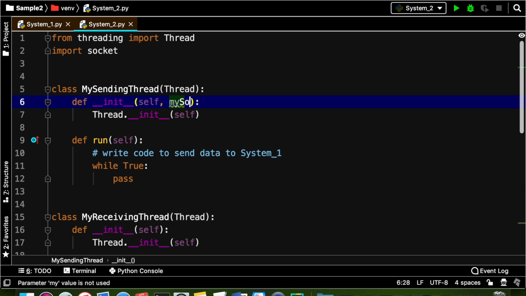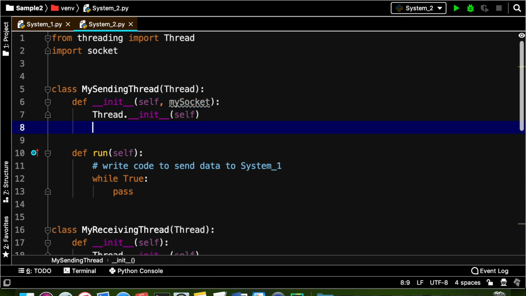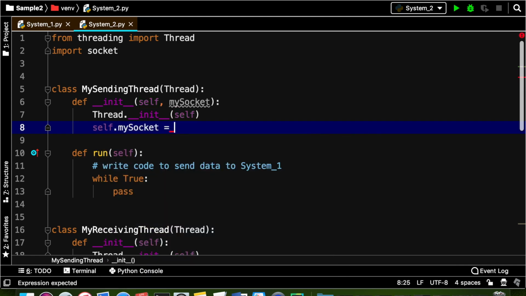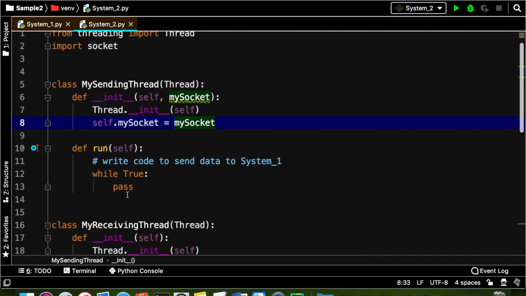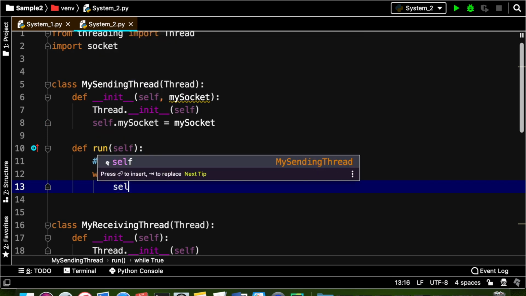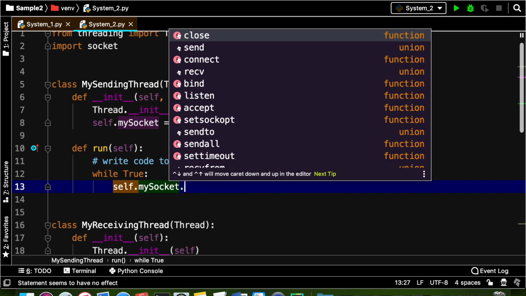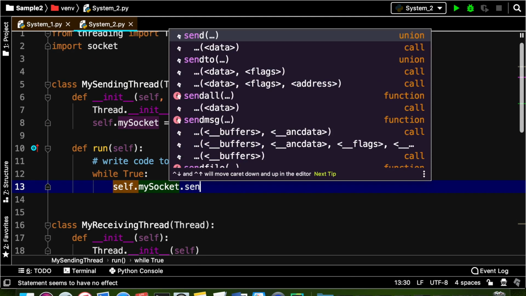Let us say that my socket. We can attach it to an attribute mySocket, that is self.mySocket equal to mySocket. And now we can write self.mySocket dot, this is for sending the data. So send